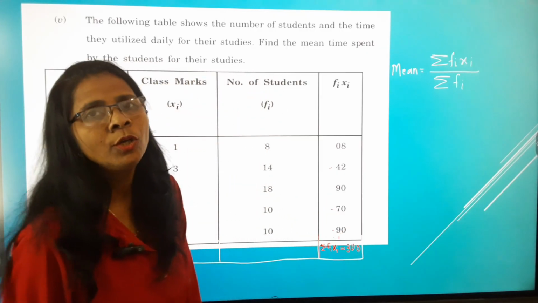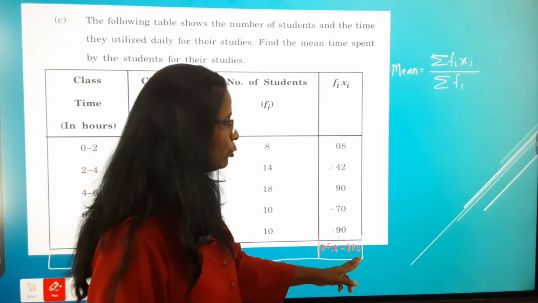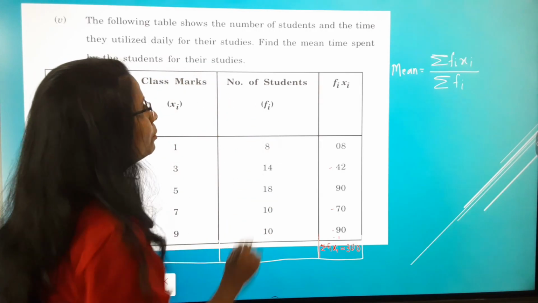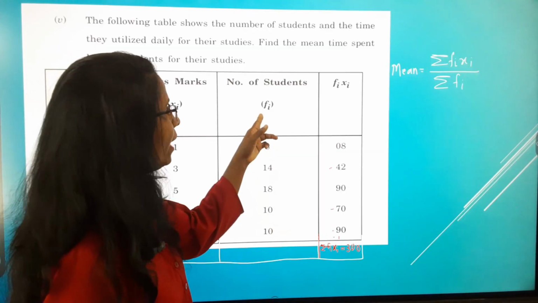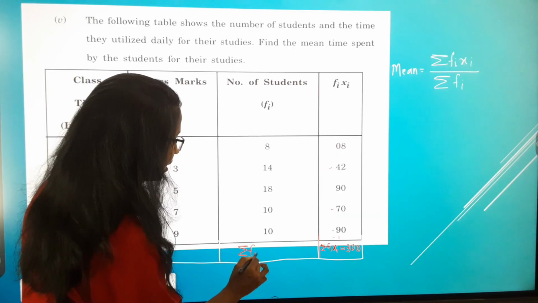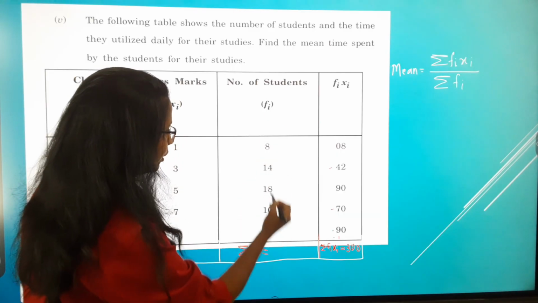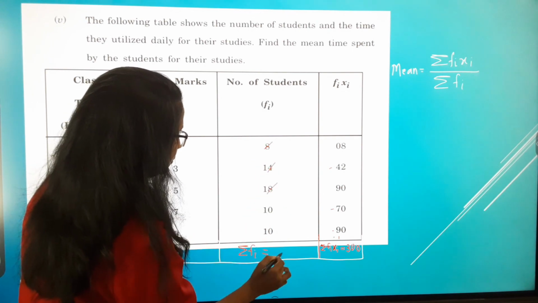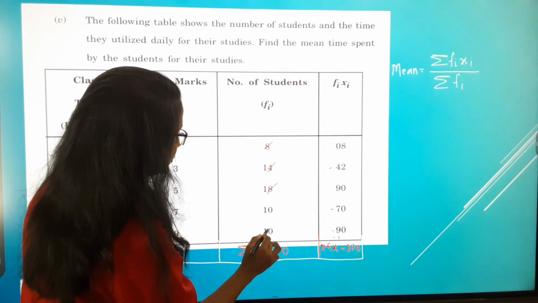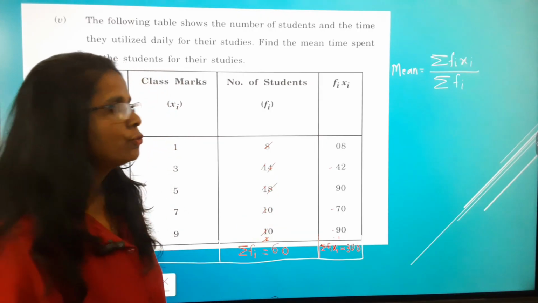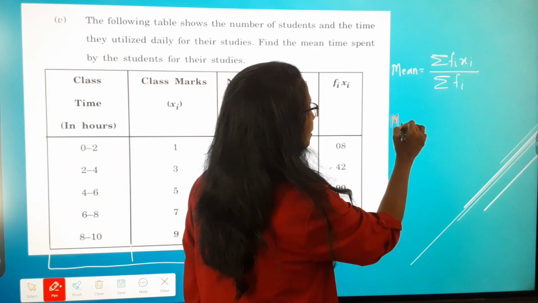Okay, summation fixi is equal to 300, students. Then the number of students, this is the fi. So now summation fi means addition of these fi. So here 60. Okay, so students, here mean is equal to